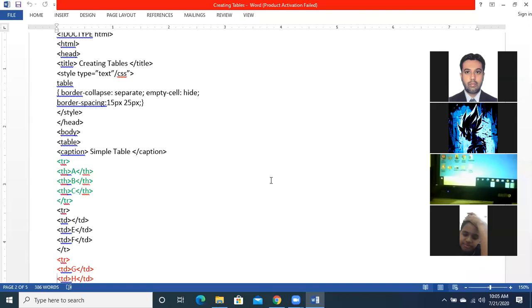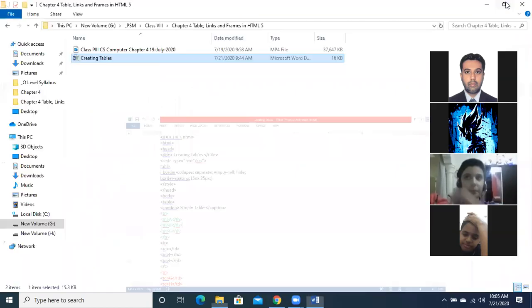As you know very well, when we save the file with the extension .html, the file becomes a file with a Google Chrome or Internet Explorer icon. So you can run that particular file in Internet Explorer. I had uploaded this soft copy in your Google Classroom. I hope all of you have gone through this code and run this file at home in order to practice. This was the task that we did last time.